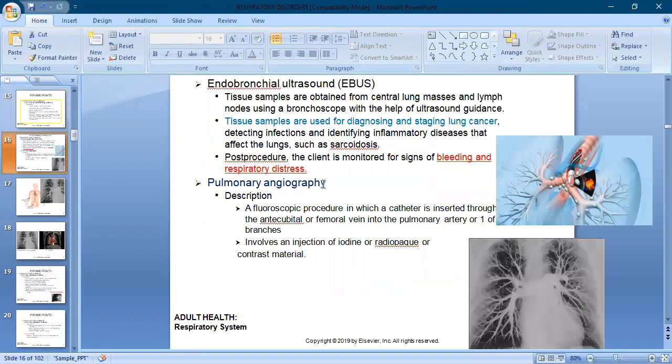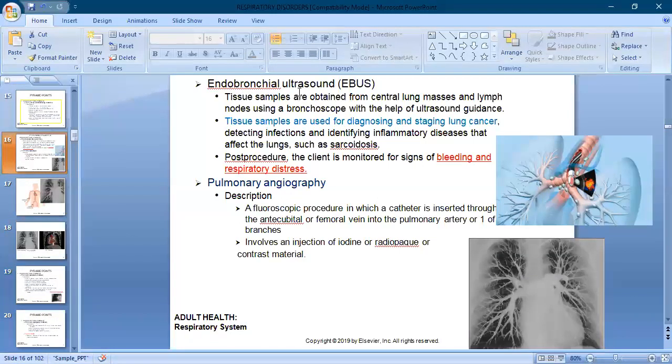And here showing another two tests. One is called pulmonary angiogram. This is the pulmonary angiogram. You put something in the pulmonary system and can see any kind of obstruction or problem in the pulmonary artery or vein. This is called pulmonary angiograph. Another test is here. This is called